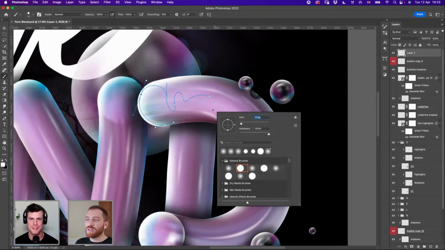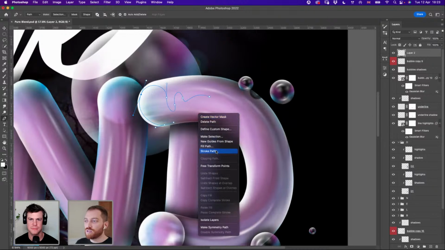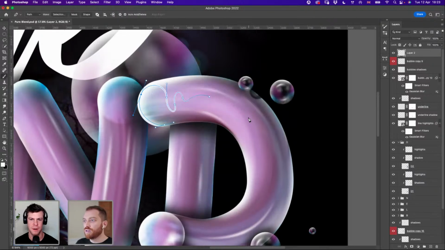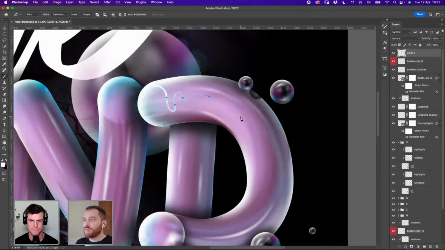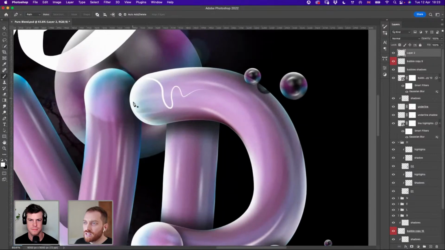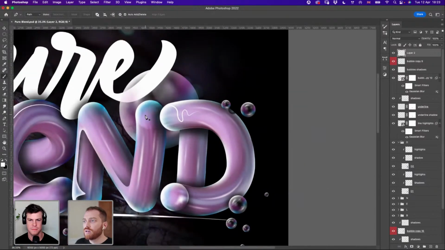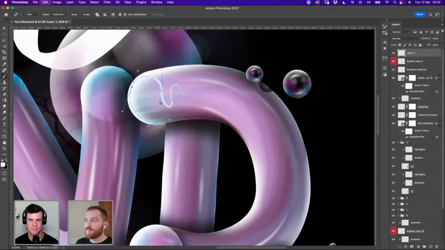Kind of referencing that dripping effect almost. And sometimes the path looks good, but when you add the stroke, it doesn't look that good. Wait, I need... It's not bad. We don't really see this part of the line, but yeah, we can fix that.